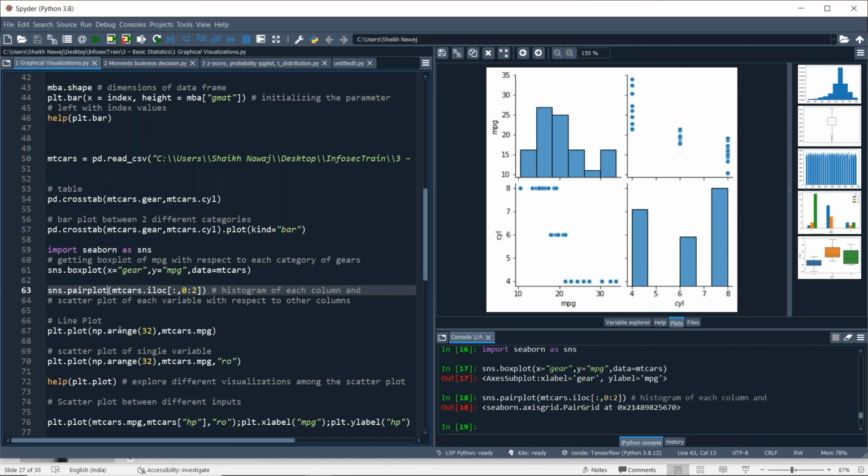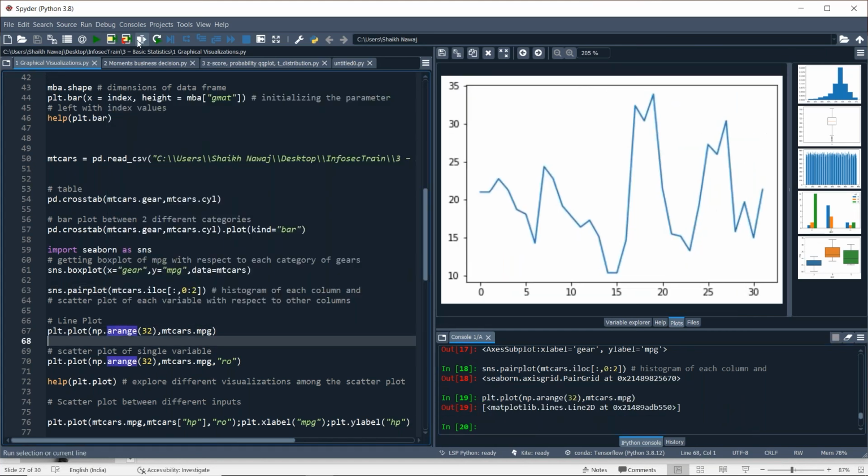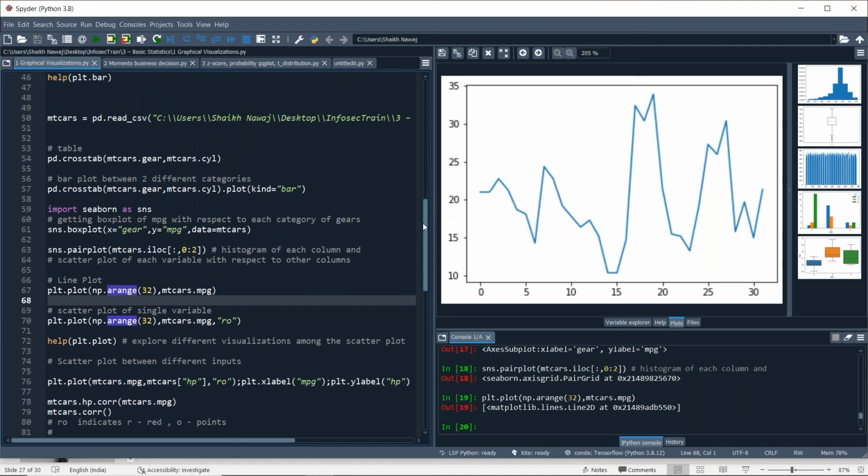Now let's plot a line plot. We use this line plot for time series data. When we have time series data, in that case we use this plot.